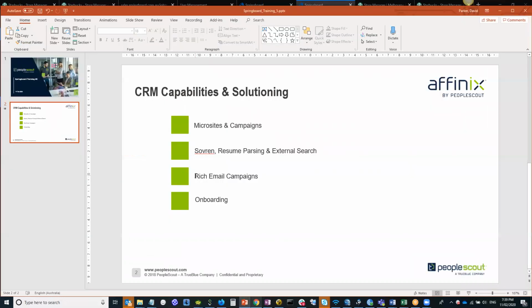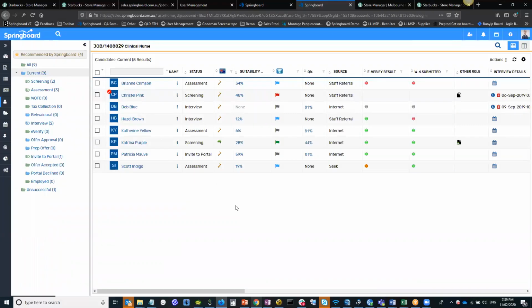So next, rich email campaigns. This is a relatively new area that we've added to the system, and